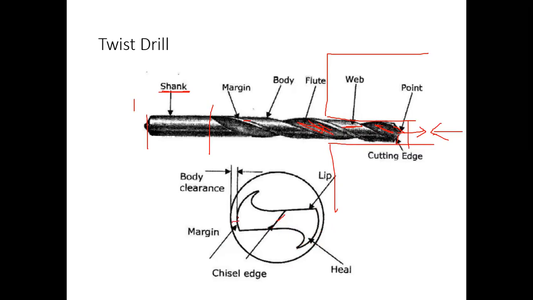There is some kind of clearance always provided. Normally in a drill, the diameter is initially less, and as it goes on, there is a small taper in the drill. The diameter difference between the shank and the drill is considered as the clearance. This clearance is very important. If this clearance is not there, your tool may get damaged, and the workpiece surface may also be damaged. To avoid that, this kind of clearance is provided.